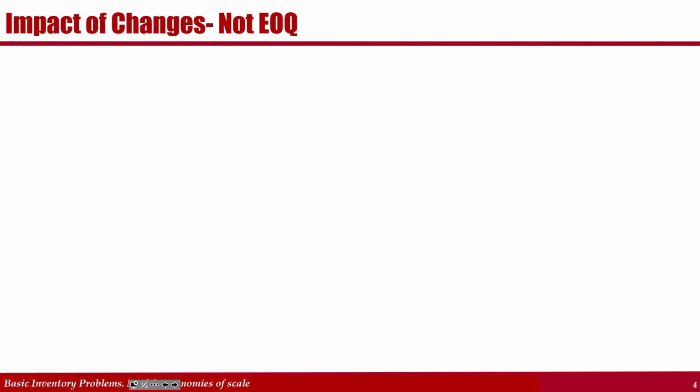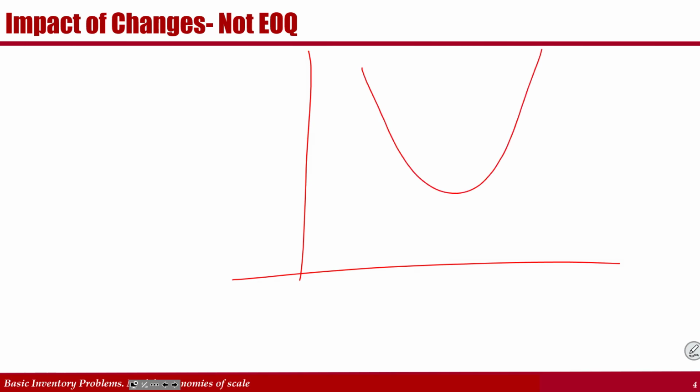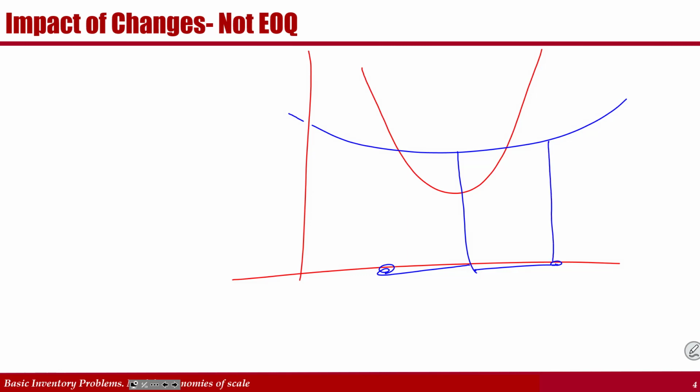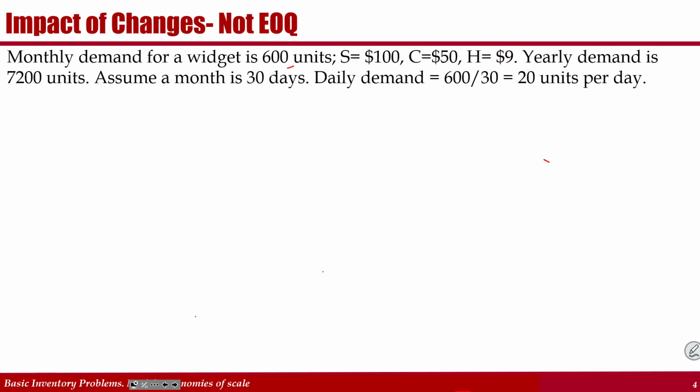In this example, I like to show what will happen if we don't order EOQ. If you go a little bit to the left or to the right, the EOQ curve is not like this, it is like this. So if I go somehow to the left or somehow to the right of EOQ, my total cost will not increase with the same proportion. So we have the data for a product, we have monthly demand, and month is 30 days, therefore daily